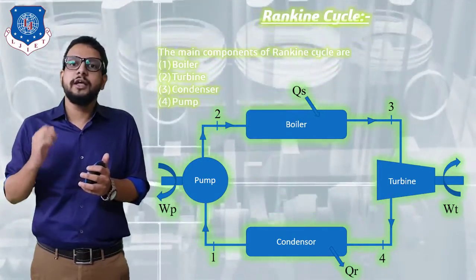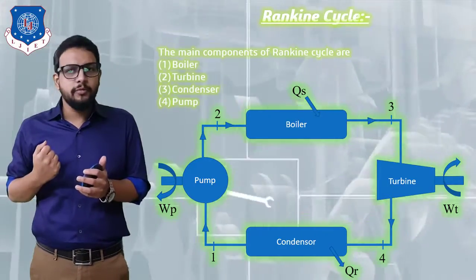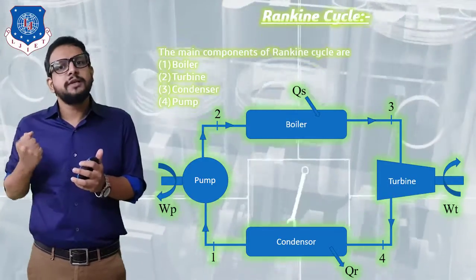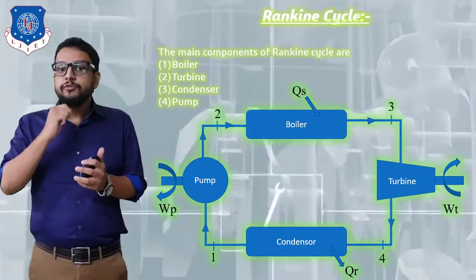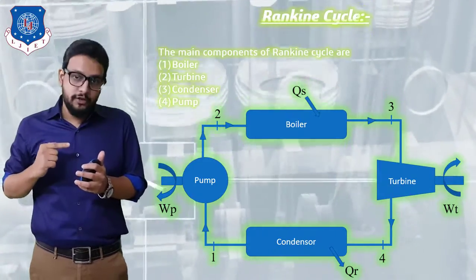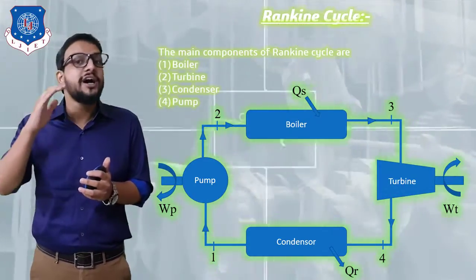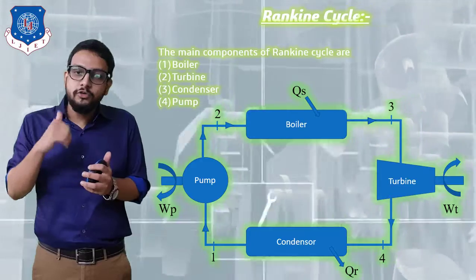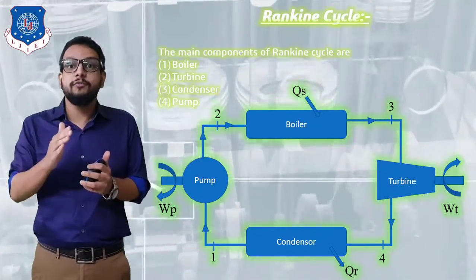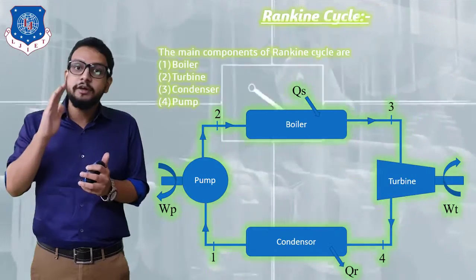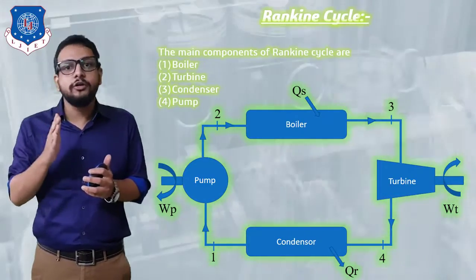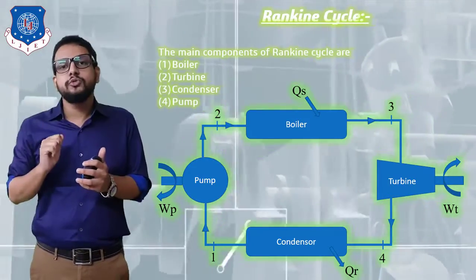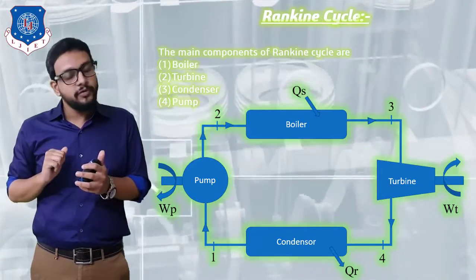Now pump is a pressure increasing device. We know the basic function of a pump. It is used for conveying liquid from one place to another, for extracting liquid from one place and circulating it, right? So the main function of the pump is to increase the pressure energy of a liquid. As we know, the boiler operates at a much higher pressure, but when steam leaves the turbine, its pressure reduces. Now in order to supply that water again into the boiler, it is required to increase its pressure. Otherwise, a backflow of water can take place from the boiler back into the condenser, right? So the function of the pump is to increase the pressure and supply that water to the boiler.